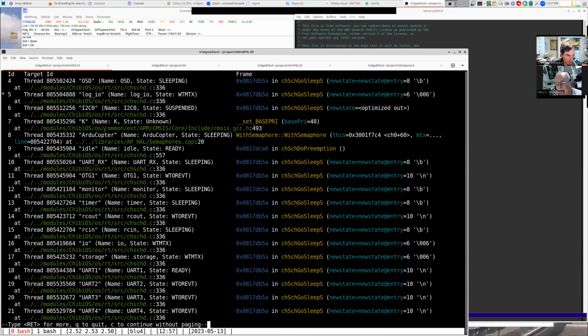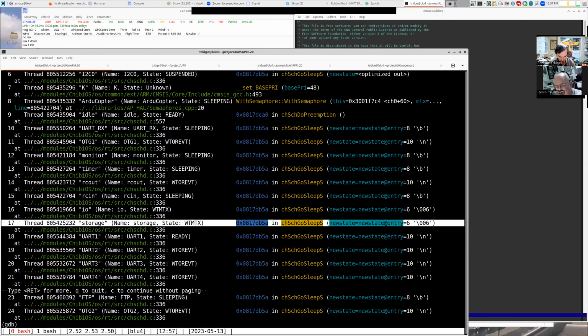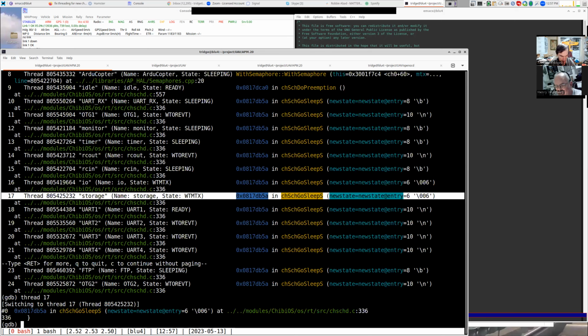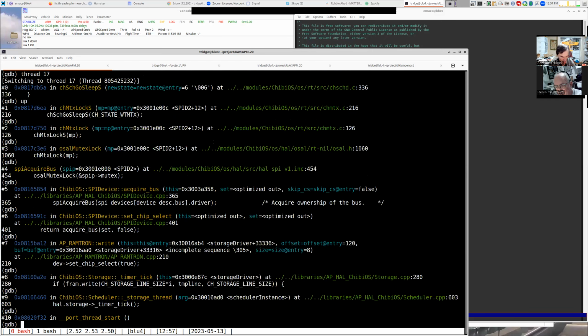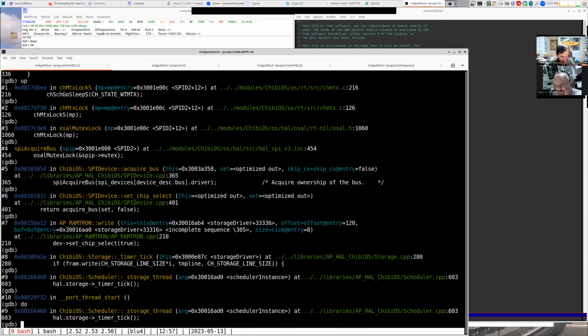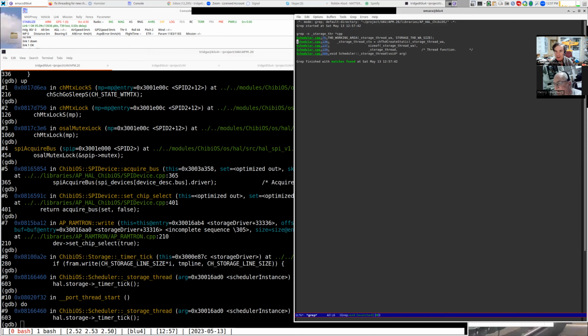Storage thread, where's our storage thread? There it is. It's actually thread 17 after the reboot. So thread 17, and I'll go up in that one all the way to the top. Storage thread. There it is. That's in scheduler. And if I look at the creation of the storage thread, so thread create static, and yeah,